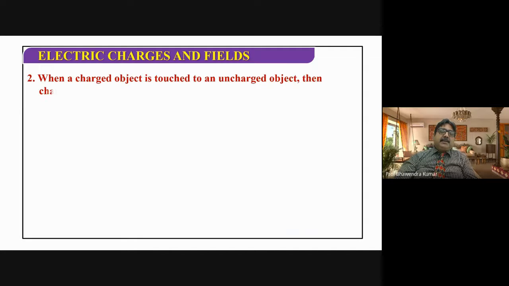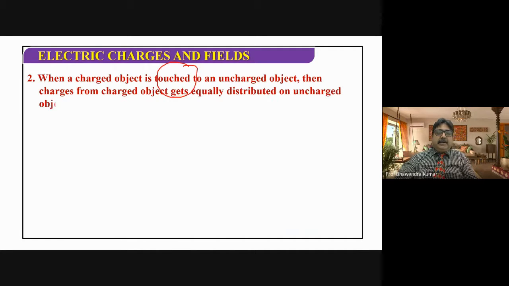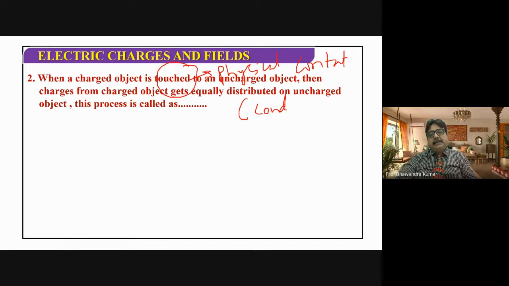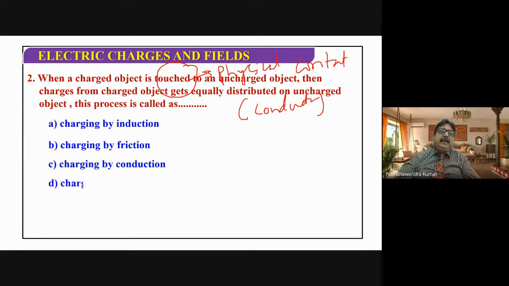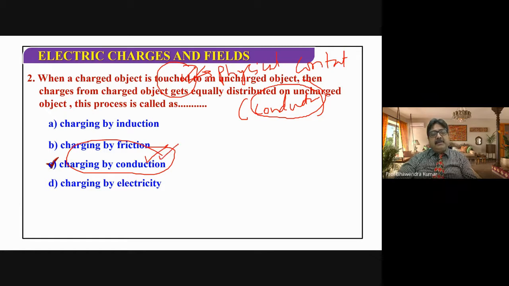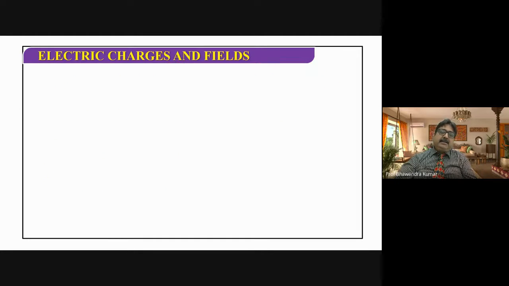Similarly, when a charged object is touched to an uncharged object, again by touching, what do we mean? We mean that physical contact is there. But this process is applicable only for conductors. And because it is brought in physical contact, so this will be called charging by conduction. This method is called charging by conduction. So when one charged object is touched with another uncharged object and the uncharged object is a conductor, then because of the physical contact, the charge will be conducted and this other body will get